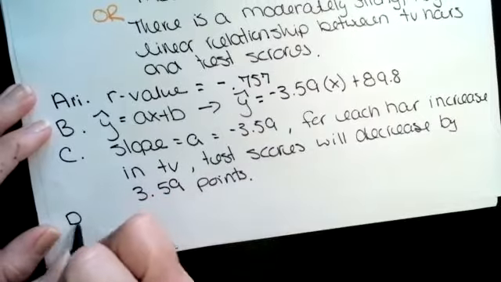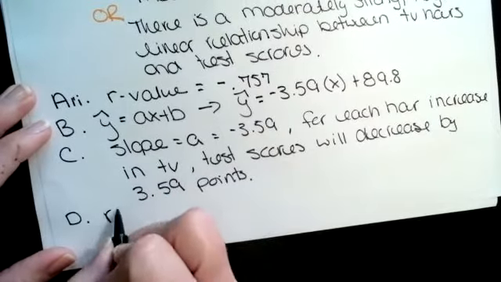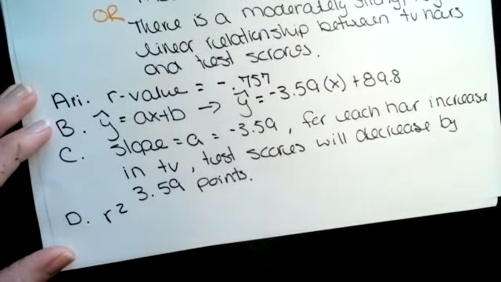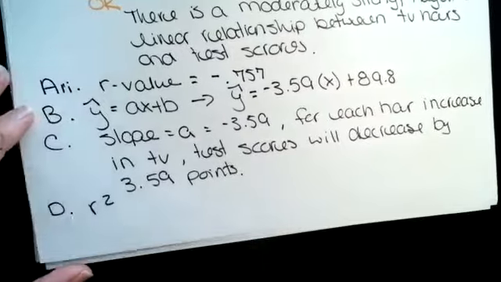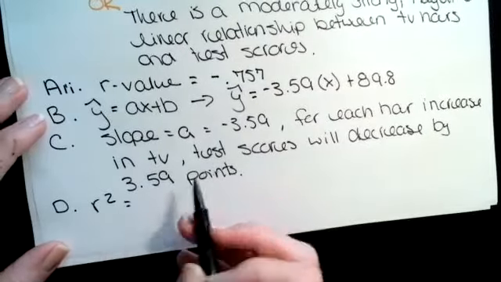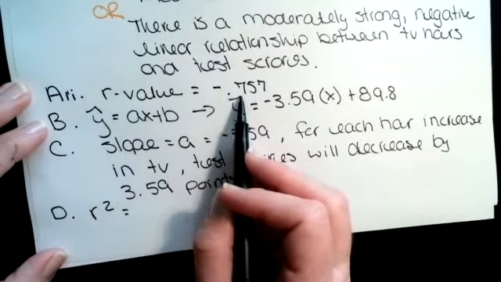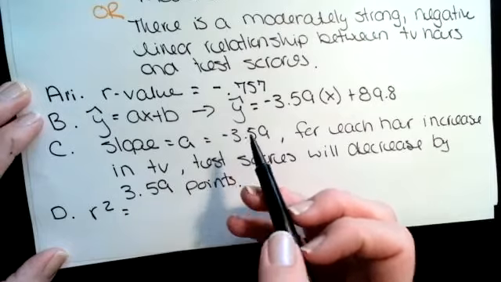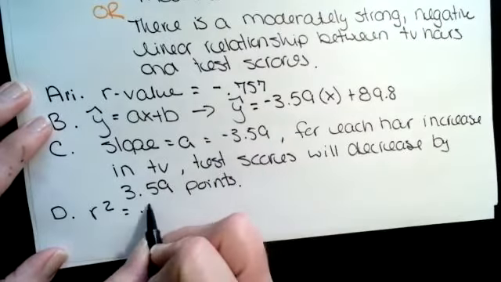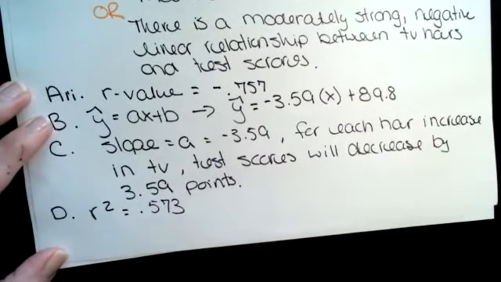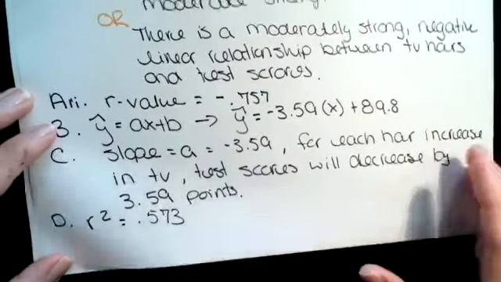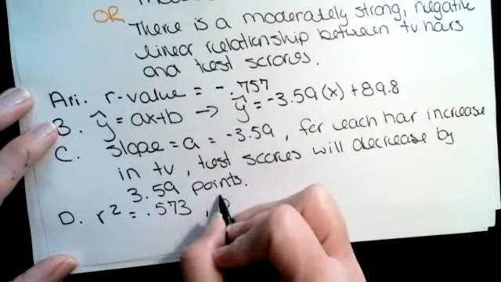Part D, I want to know how well does the line fit? This is my R squared value. So here I want to know what is it and interpret it. So R squared is just my R value being squared, but again, you'll be given this in your technology. This is 0.573. R squared is always positive, right? So what this means is that